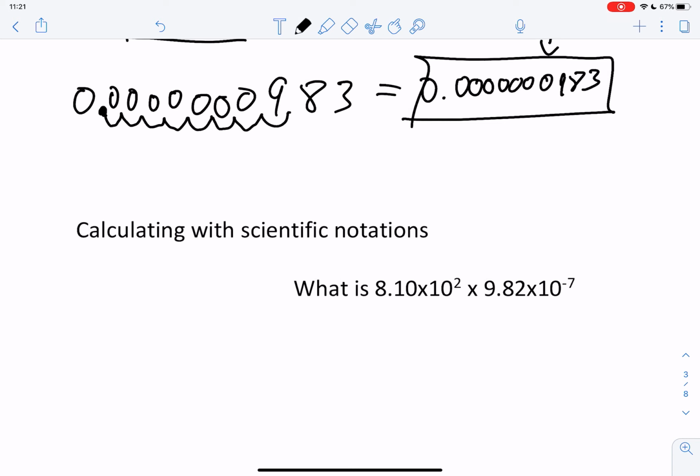So for this problem, it says, what is 8.10 times 10 to the second times 9.82 times 10 to the negative 7? So first, don't do this by hand. Just always, if you have the calculator, use it. So in the calculator, I would write parentheses, 8.1, times